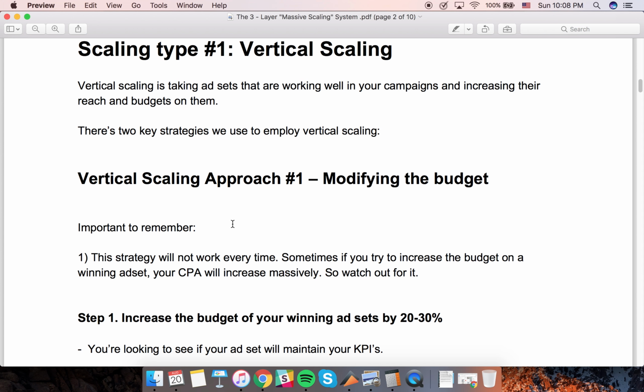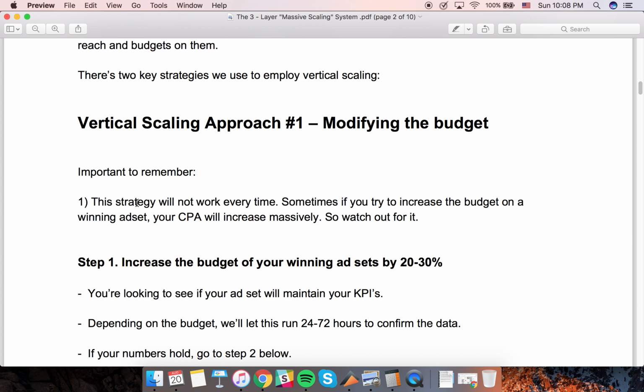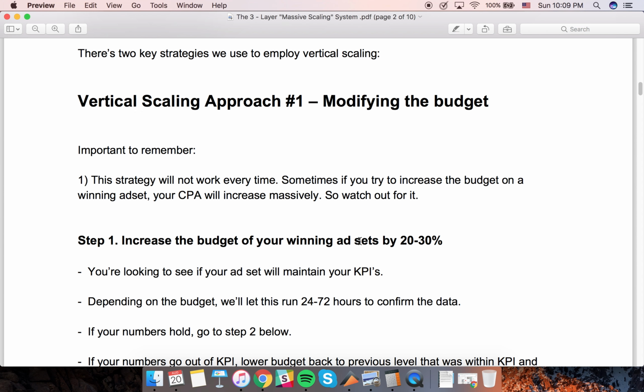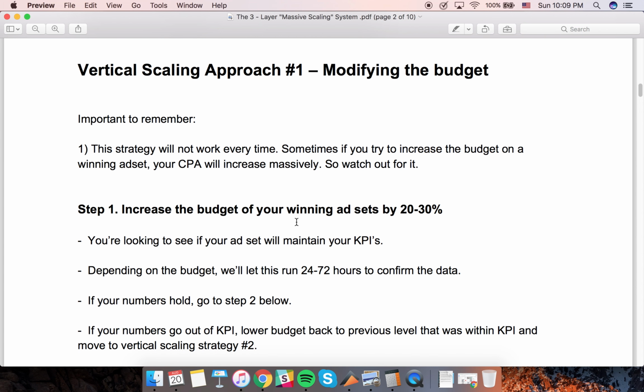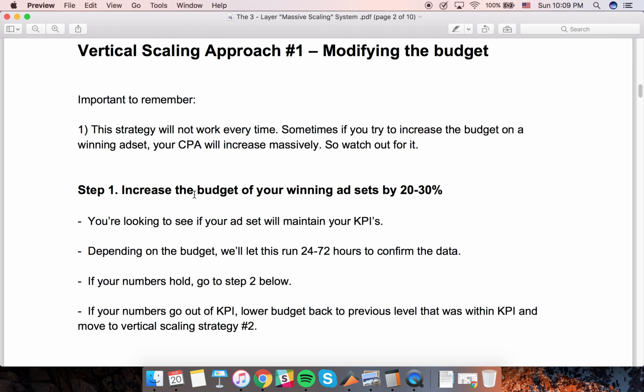There is nothing much to think about with this strategy. But it's important to remember that this strategy will not work every time. Sometimes you have ad sets that are working well, and then you increase the budget by 20-30%, and it will stop performing. So you just have to watch for it. You have to watch your main KPIs that you have established, because basically any method